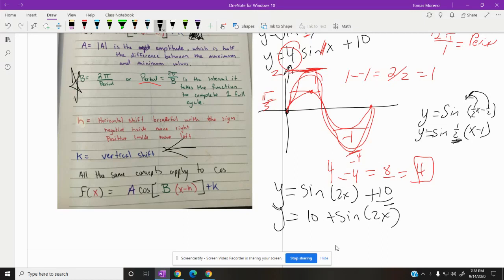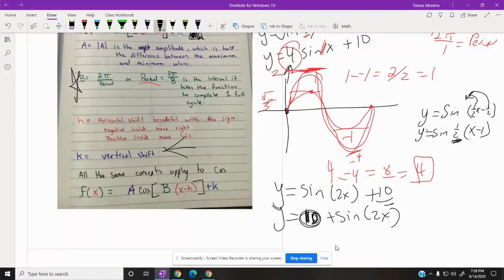So they bring the 10 to the front. Okay. You're still adding it. So this is like your vertical shift. So be careful with that. Be cognizant of that. That's going to come up. That's going to play a big part. I don't know on the homeworks if I do that, but I know for sure on the test